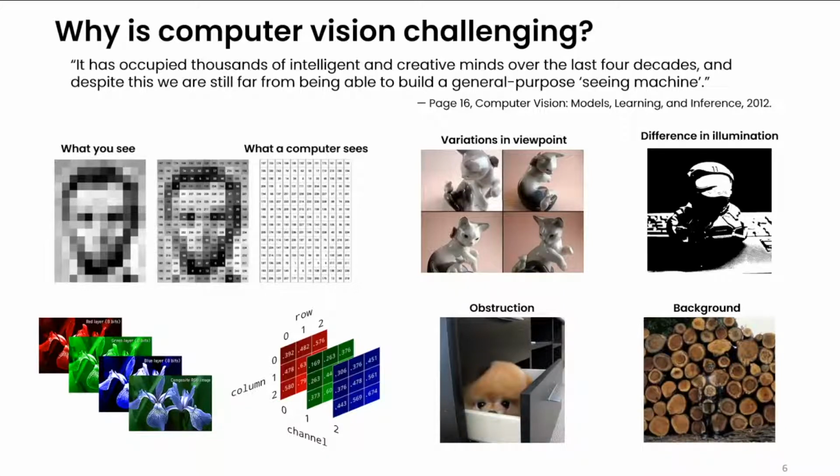And objects may not necessarily be complete in images. Some small or large portions of the images might be hidden, which makes detection even more difficult. And to make things more complicated, some images might blend into the background. So even for this image, it takes us several seconds to identify there's a human actually standing in a pile of logs.